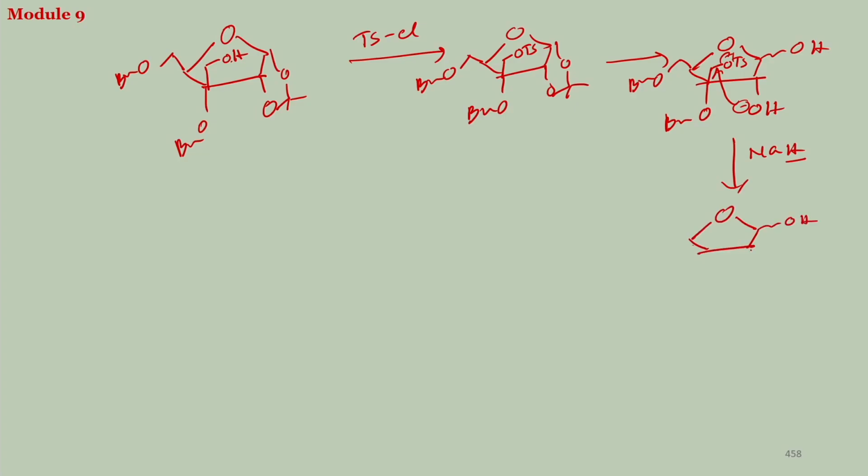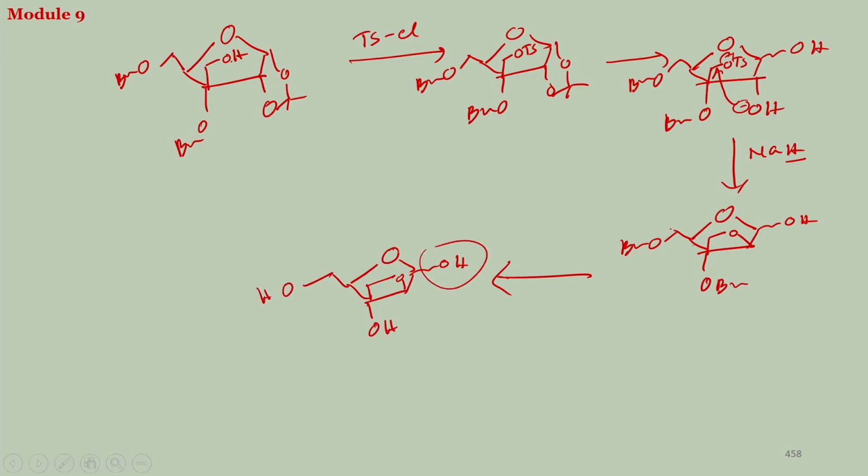OH. So, basically now you have O and you have this bond, OBn, OBn, and then this can be hydrolyzed, deprotected to give you OH, CH2OH, here you will have the OH and here you will have OH, and you can do the normal way